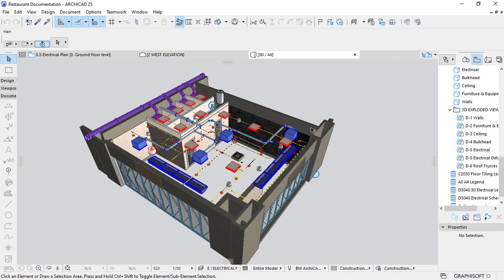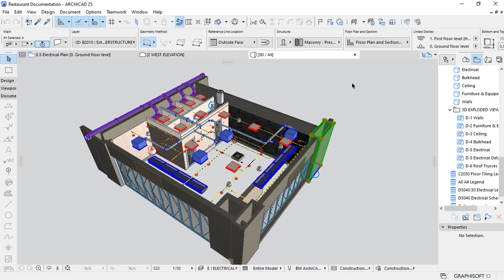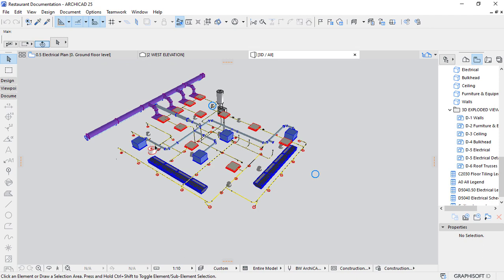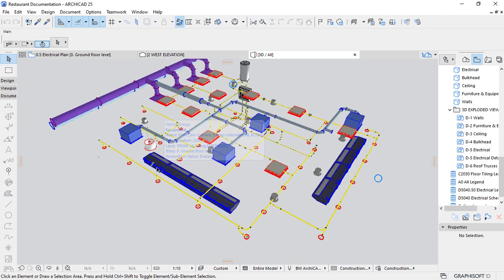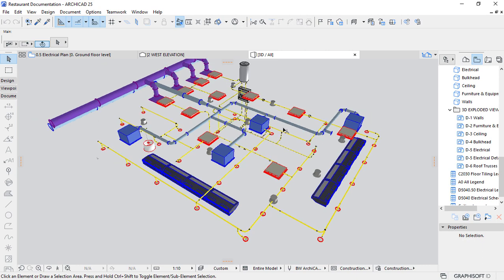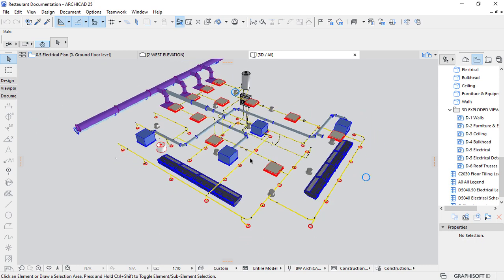But I need to get rid of the walls, so I'll just select this and then hide the layer of that, just like that. Perfect. Now we have everything that we want to work with. So the next stage is to convert this to an